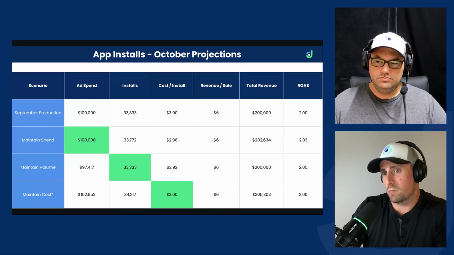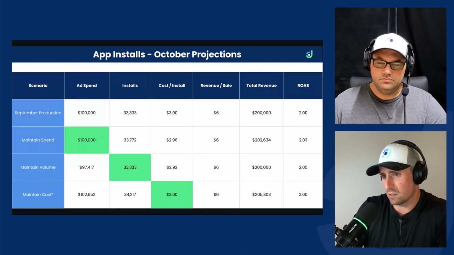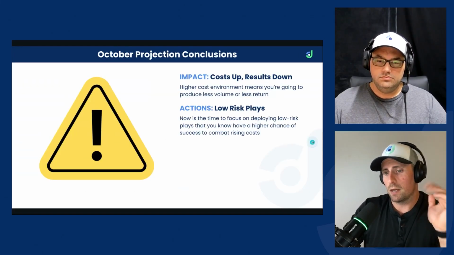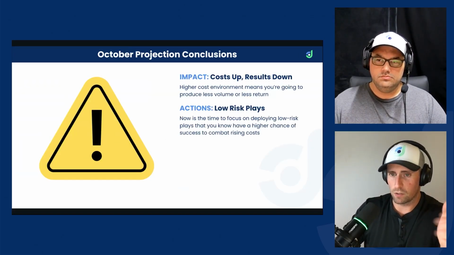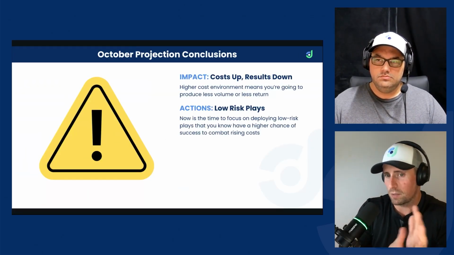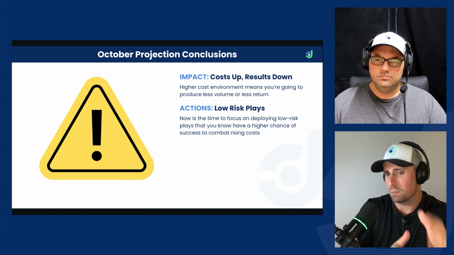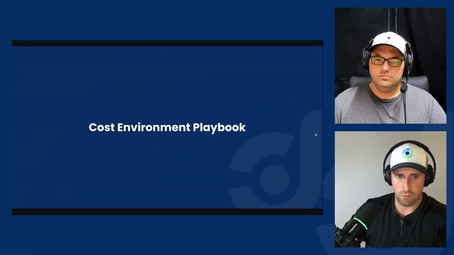So from the projection models, there's not a whole lot of change here. We're going to experience pretty much the same. There's no major delta. Now, this means for us, the conclusion is our costs are going to be about the same. So we can take these actions that are medium risk to help us move things forward.